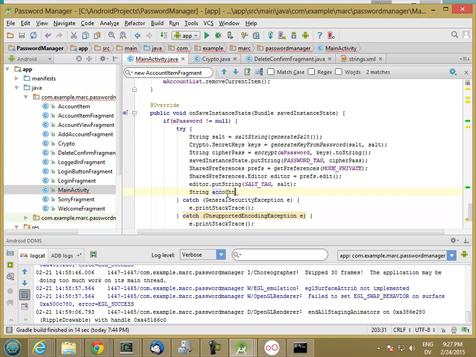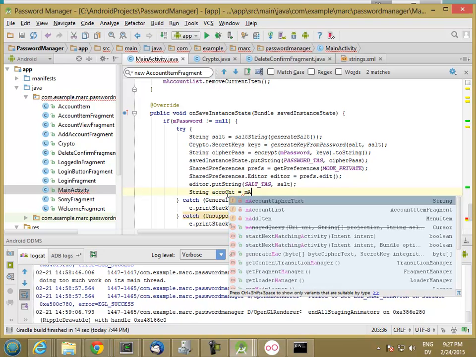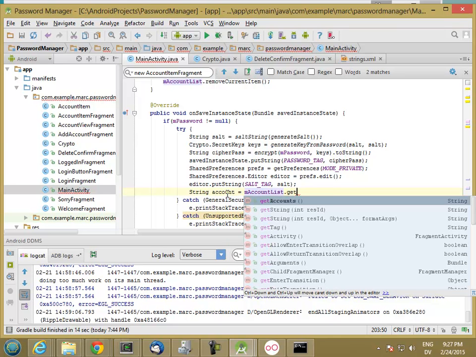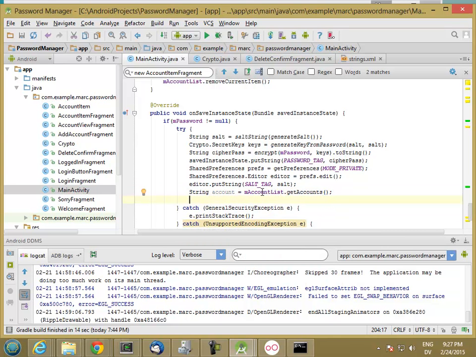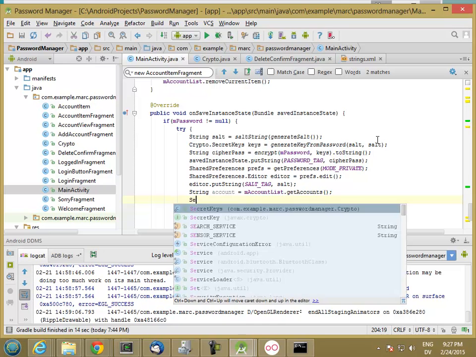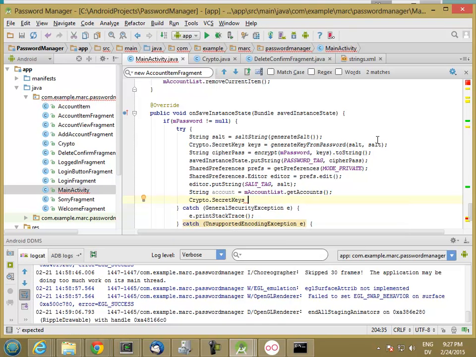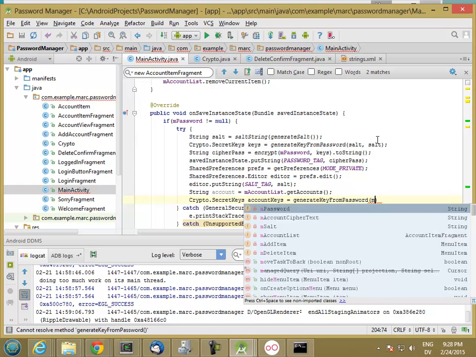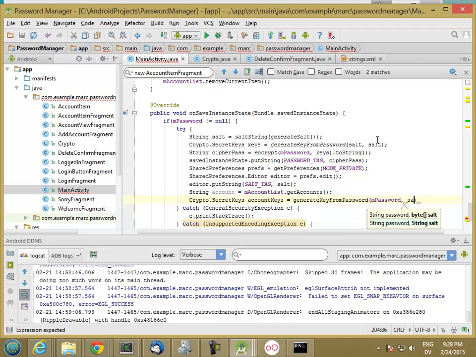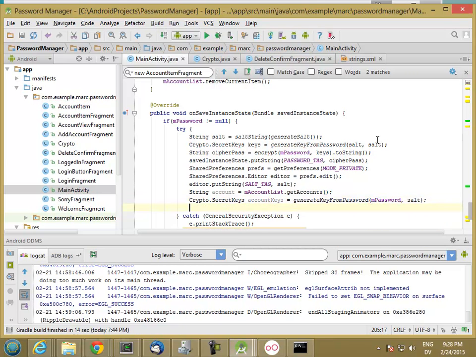So string account is equal to account list dot get accounts. So that's getting my account string. And now I'm going to encrypt that with a new set of keys that I'm going to generate using the password and the salt. So secret keys, passkeys, or account keys, is equal to generate key from password, and password, my new salt, and then